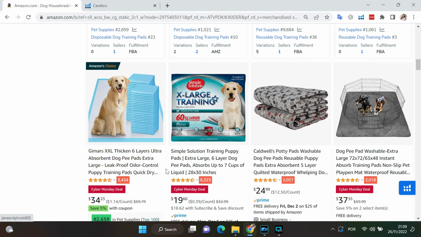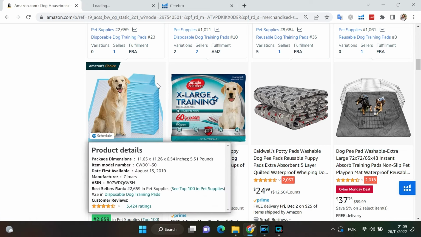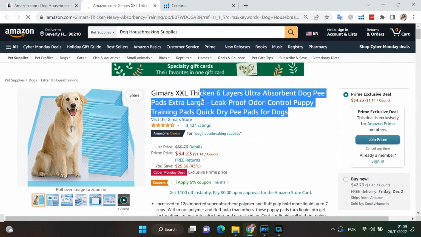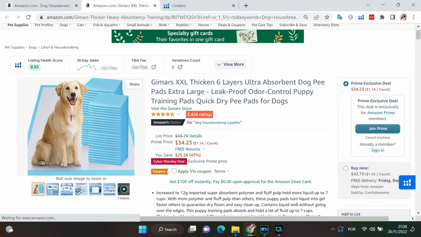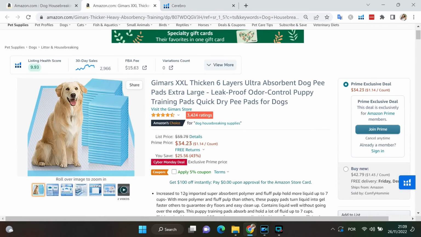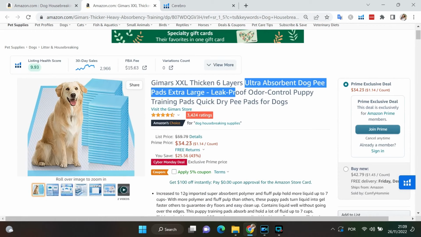This is a trend you can see across all of them. Training puppy pads, 6-layer dog pee pads, potty pads, washable dog pee pads, reusable puppy pads. So as you can see, they are really betting on the keywords and not stuffing, but making sure that they describe the product appropriately, along with making sure that those relevant keywords are also shown there.